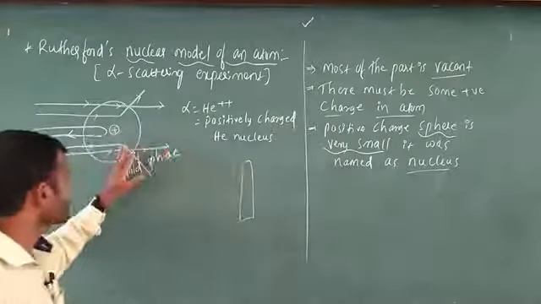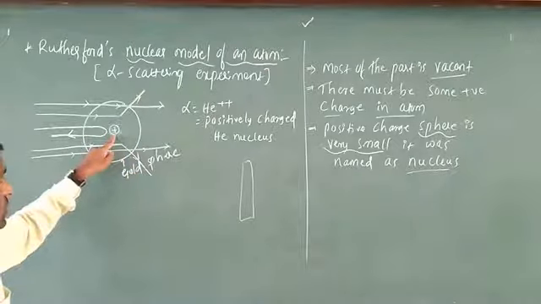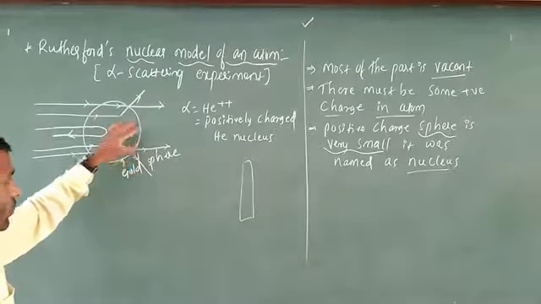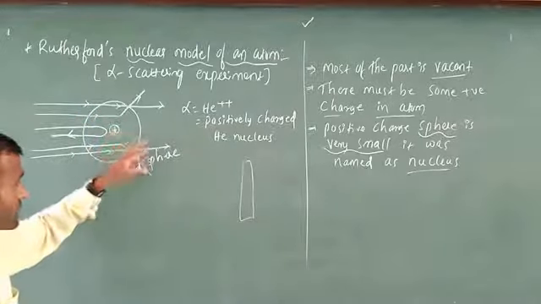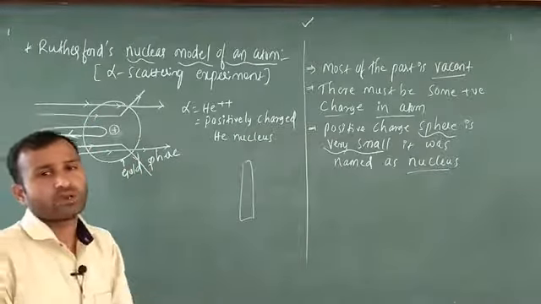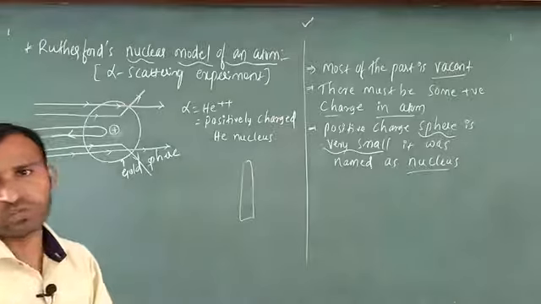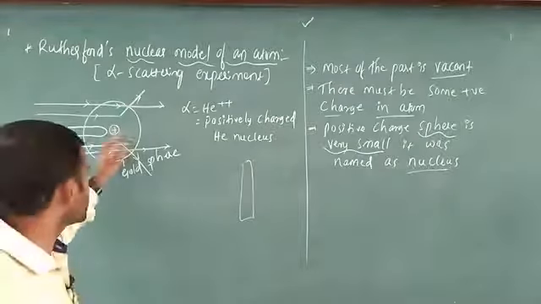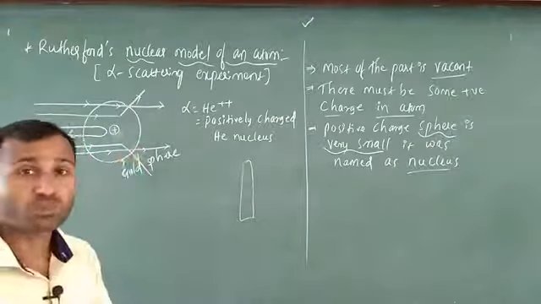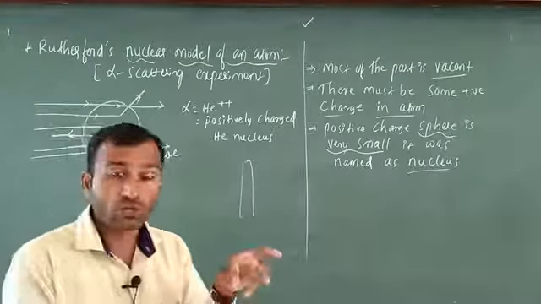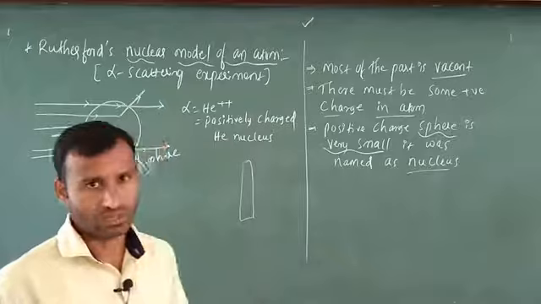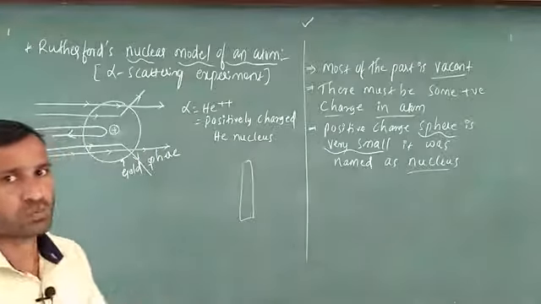Next, the important point is that this is very small, while the gold sphere is very large. Out of these two, the gold sphere is very large, the value approximately 10 to the power of minus 10. But this is 10 to the power of minus 15. Comparing 10 to the power of minus 10 and minus 15, which is larger? 10 to the power of minus 10 is larger. 10 to the power of minus 15 is smaller.